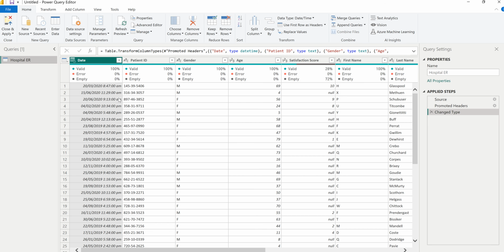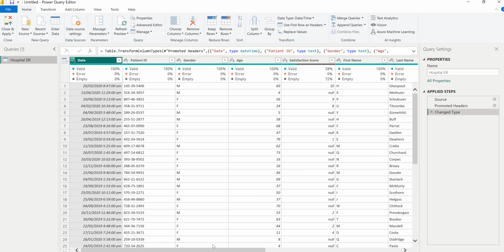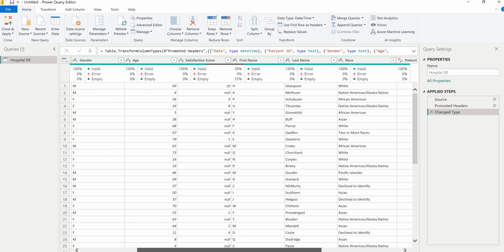Okay, so I have already reworked the column names. This is not how it is when you download it first. You have patient ID here, so I removed the underscore. So I renamed some of the columns. So we have the date, patient ID, gender, age, satisfaction score, first name, last name, and so on and so